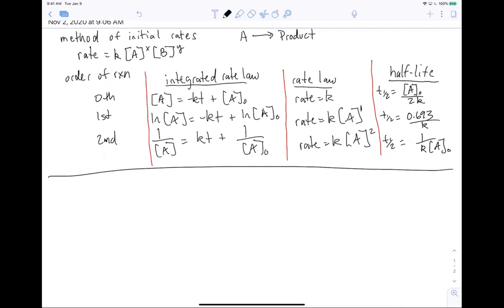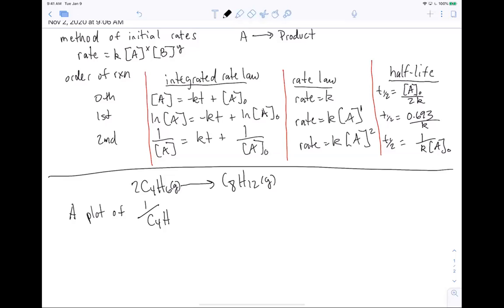So for a second order reaction, a way you might see this presented would be, you're looking at this reaction again, but instead of giving you data to plot, the question might be formulated such that it just tells you a plot of one divided by the concentration of C4H6 as a function of time